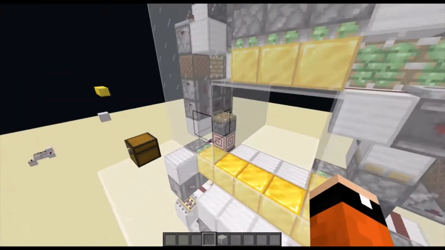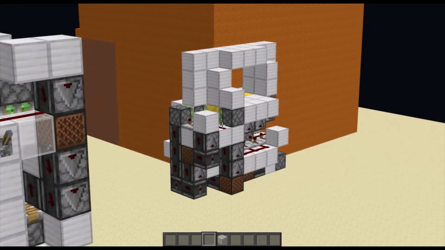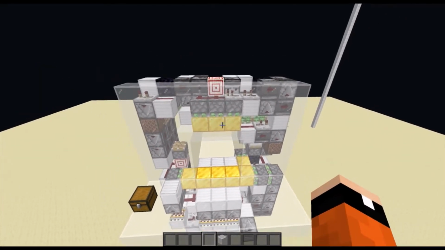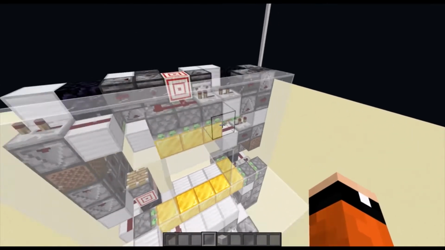I've been working on this for the past couple of months because after I built my 2x3 flush piston door over there, which I also have a tutorial on my channel if you would like, it's been bothering me that I couldn't quite get the top half, so I just decided to actually sit down and get it done,